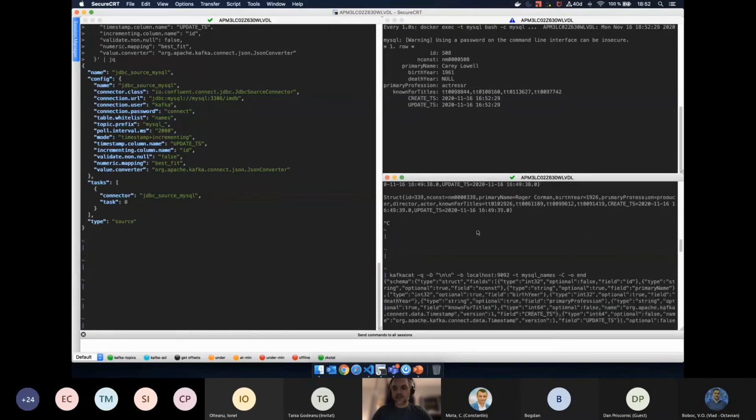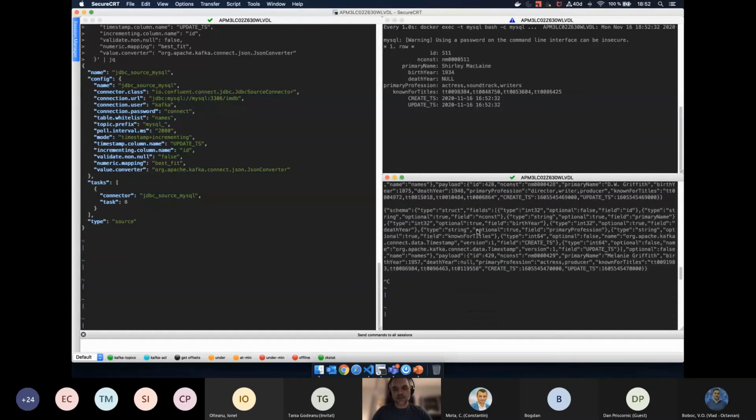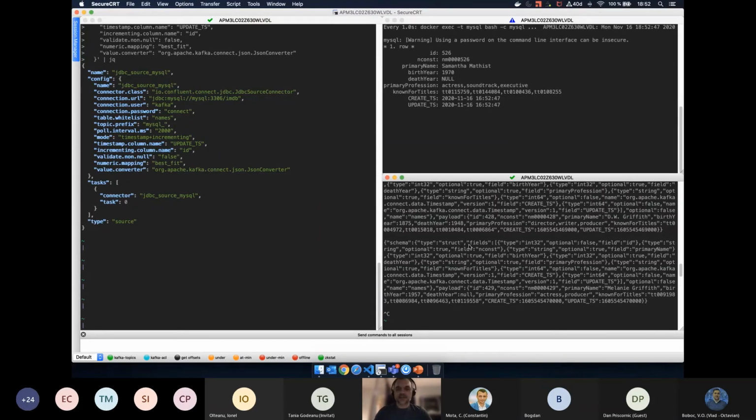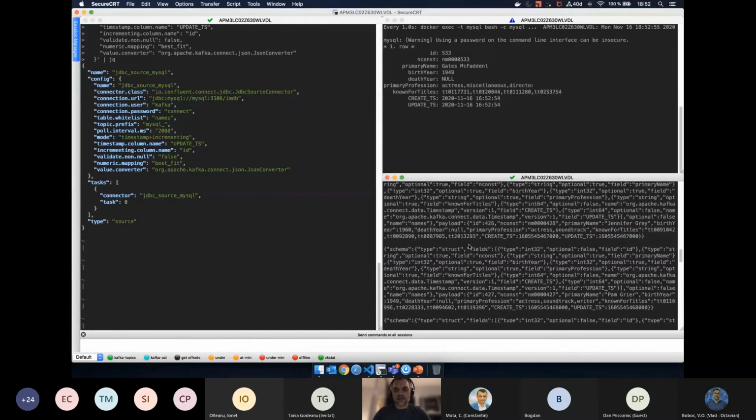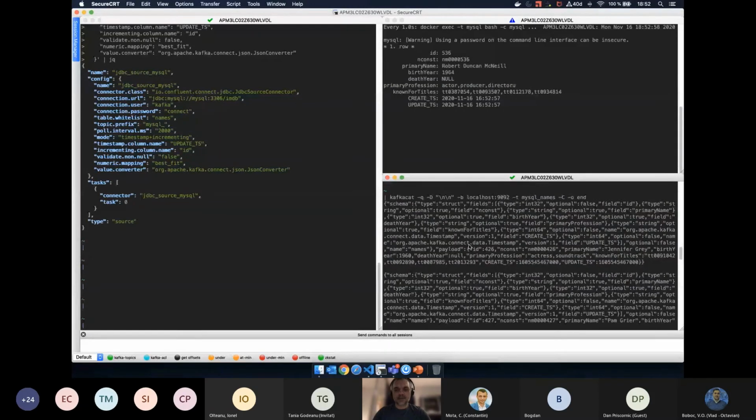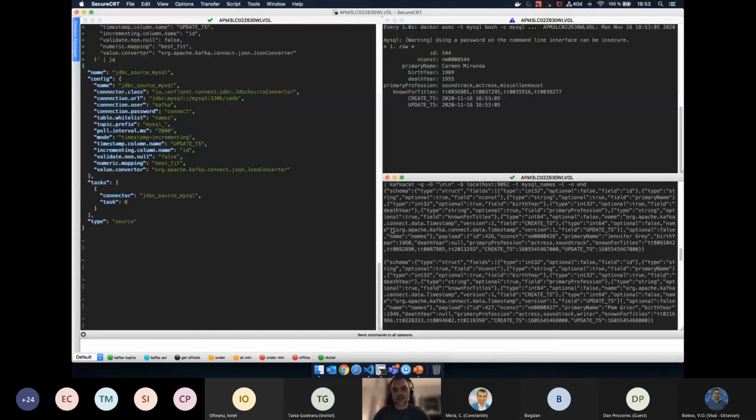But one drawback with using this, of course, this format is more useful than the previous one because we have a schema associated with each message. But the issue is that now we have an overhead, because our schema is published with every event we are sending into Kafka.